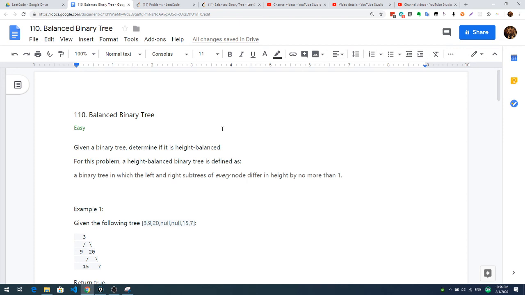Okay, so these are the two solutions for solving the balanced binary tree. And this is just my learning experience. If there's anything that I said that is not clear, or is confusing, or has some problem, just let me know, and I can record the video one more time to correct